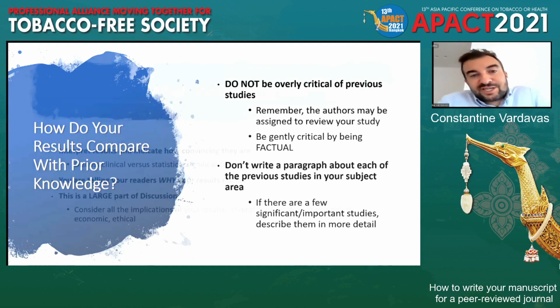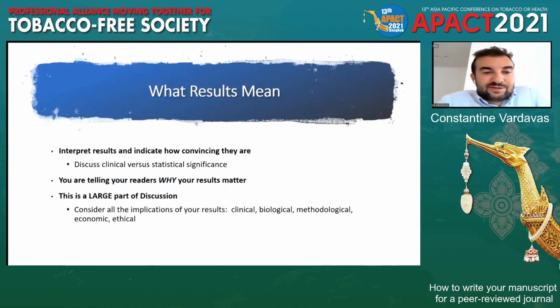So you want in your discussion to show what the results mean. You want to interpret the results and indicate they're important. And you want to discuss, and this is an important point, clinical versus statistical significance. And when we say clinical significance, it also means population significance, because you may find that a study has a statistically significant difference, but it doesn't have any